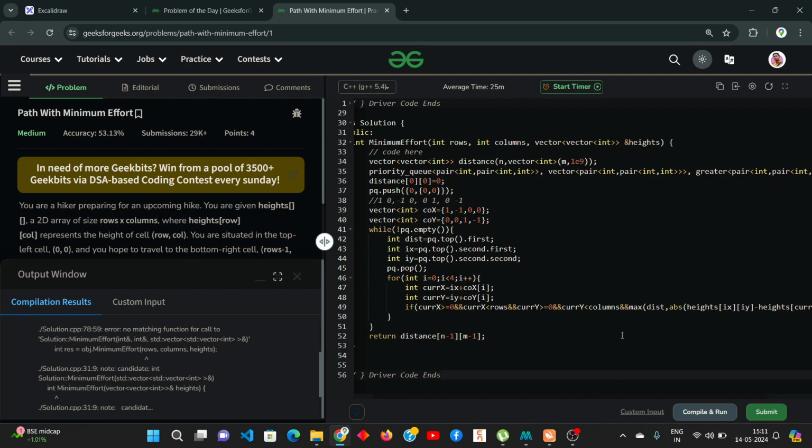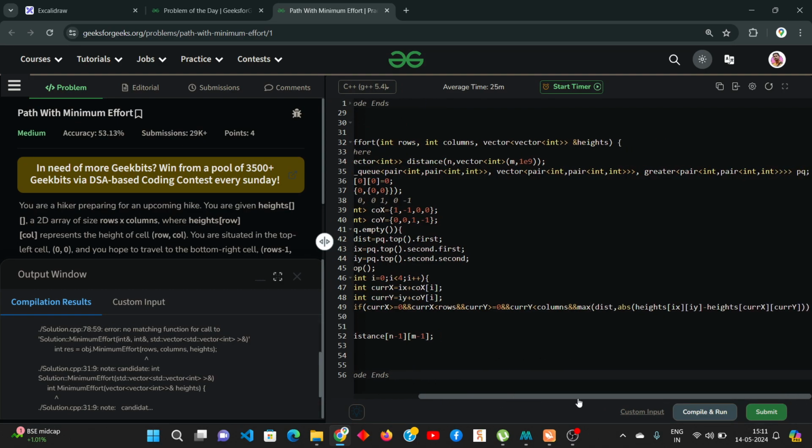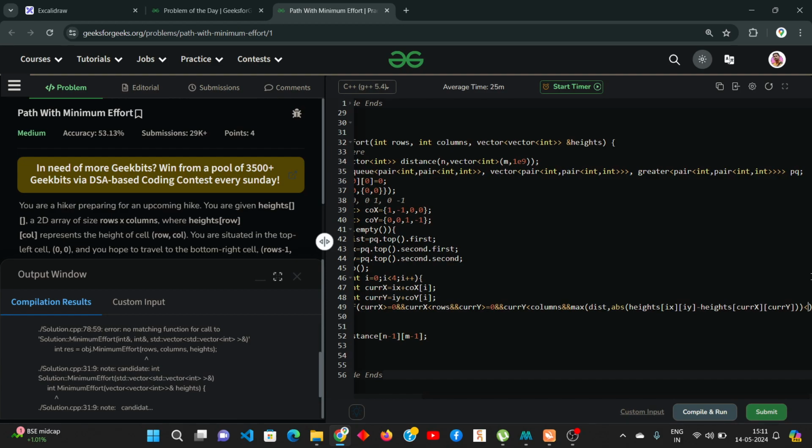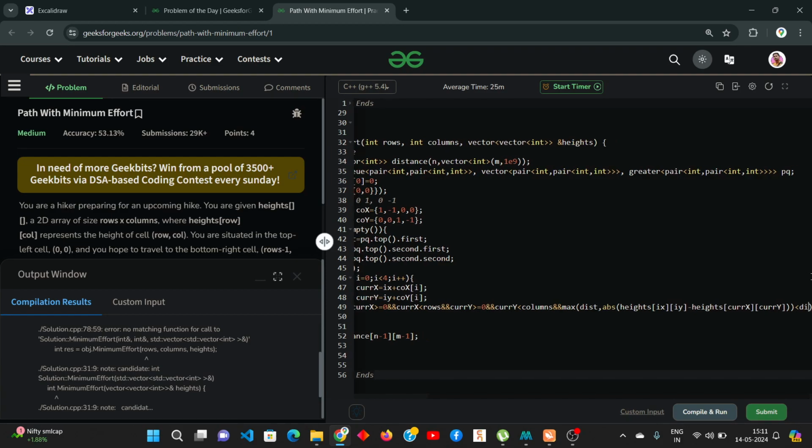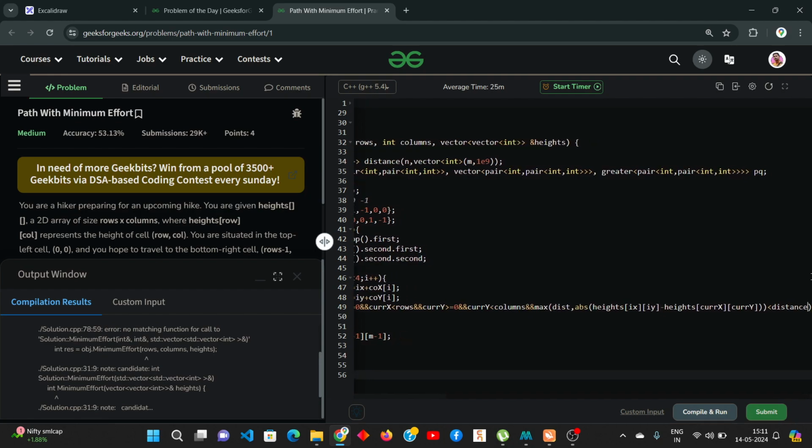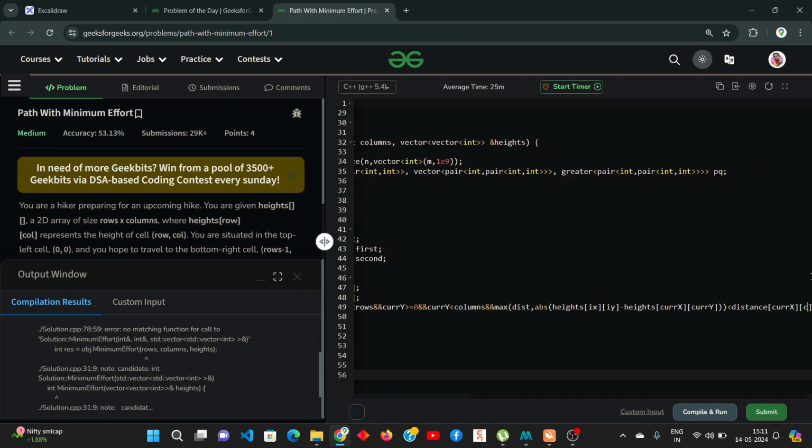Max. And let us close the bracket, and if this value is less than the current distance, then we have to update, that is cx cy. So now we can update the value,